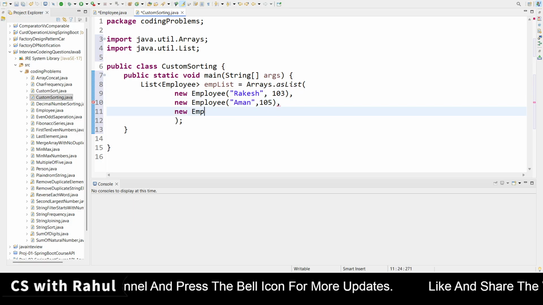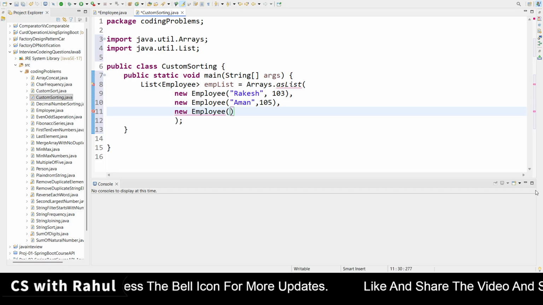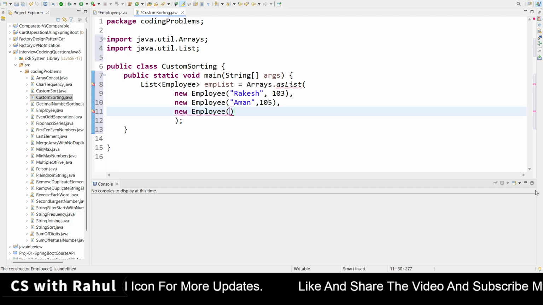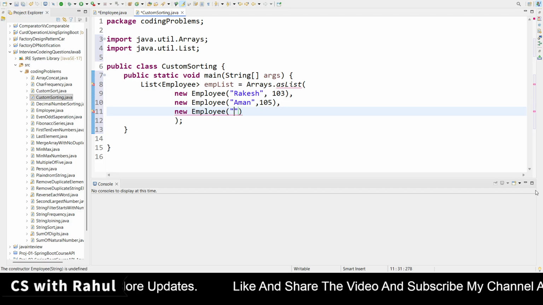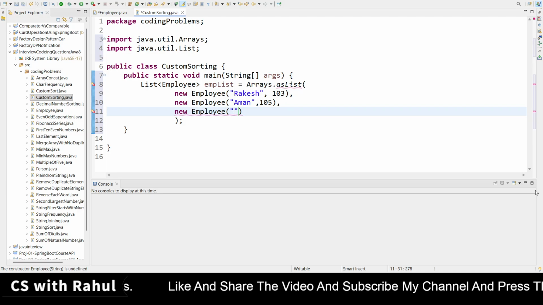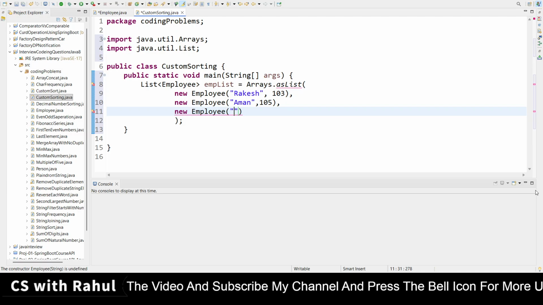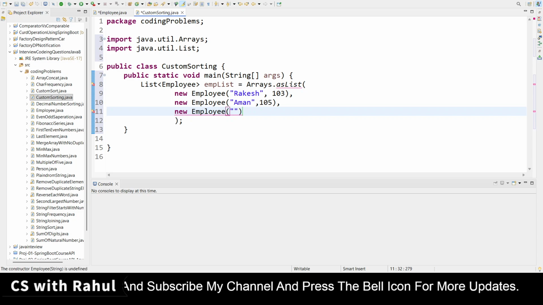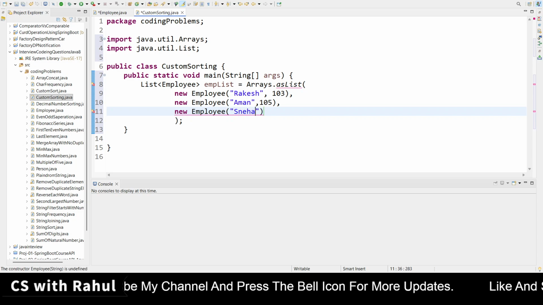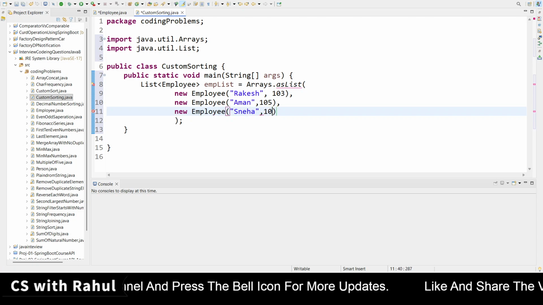Another object, employee. This can be taken from the user also, this can be taken from any request also, but here I'm using hard-coded values just to show you how we can do this. Sneha, I am just adding it 101.